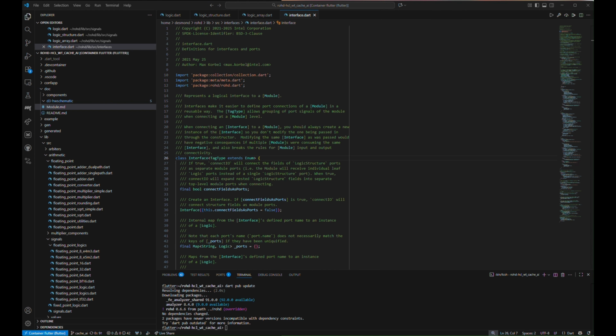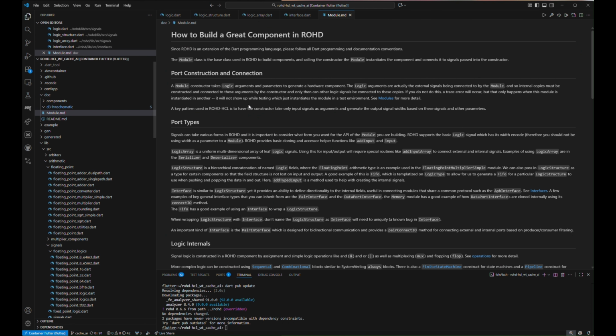A key starting point in ROHD is how to build a module, and we have this markdown we've created just for that purpose. This is something we would expect users to read first, and we're going to actually feed this to our LLM. Now, a module is a generator of a block of hardware, which has an API containing many